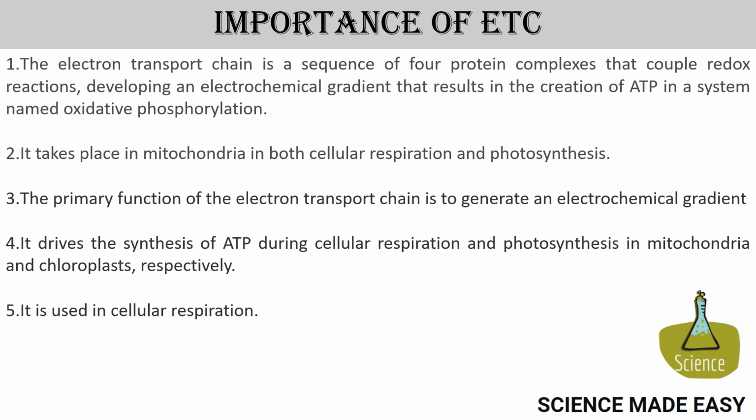First, it is the most important process of cellular respiration, as it produces a large amount of ATP molecules, and the process is oxidative phosphorylation. Here, 4 protein complexes are found, which couple the redox reactions and develop an electrochemical gradient. It takes place in mitochondria in cellular respiration as well as in photosynthesis. The primary function of the electron transport chain is to generate an electrochemical gradient,